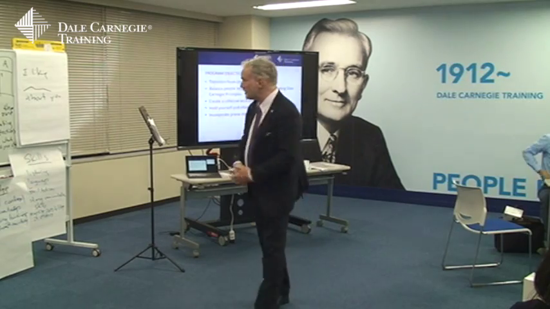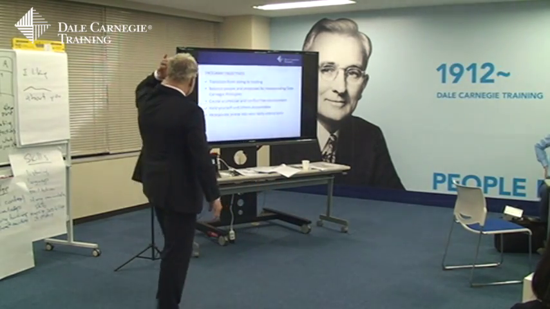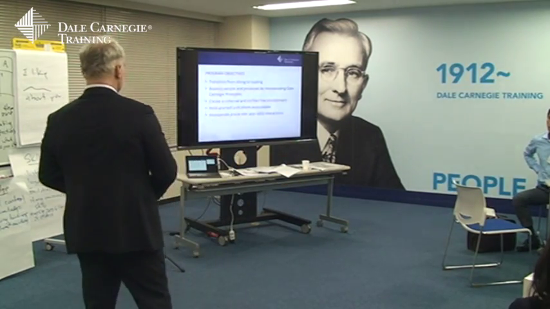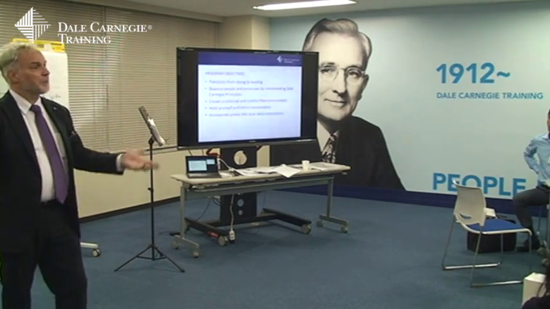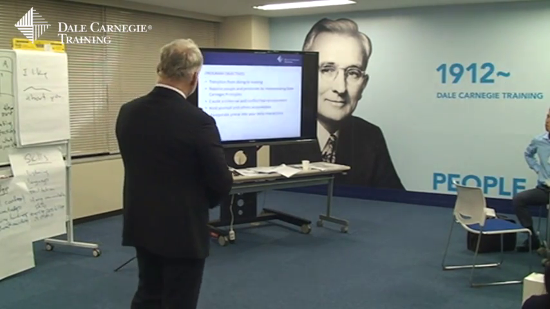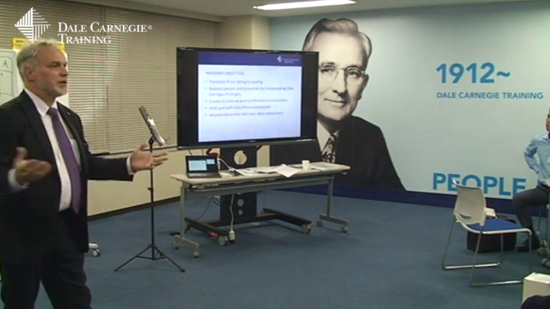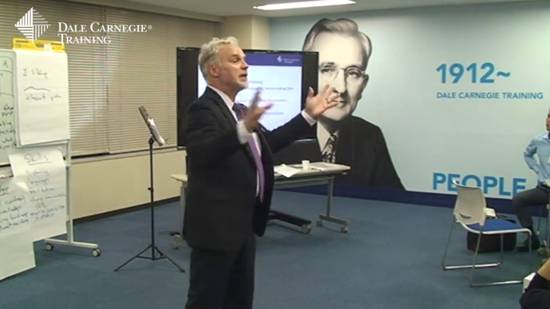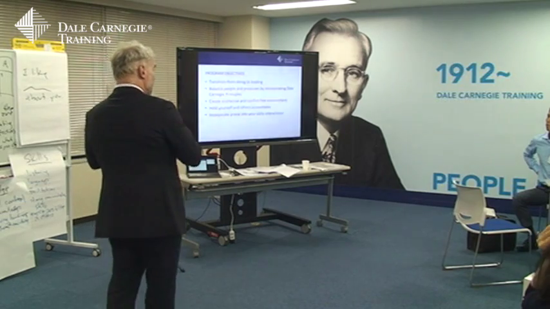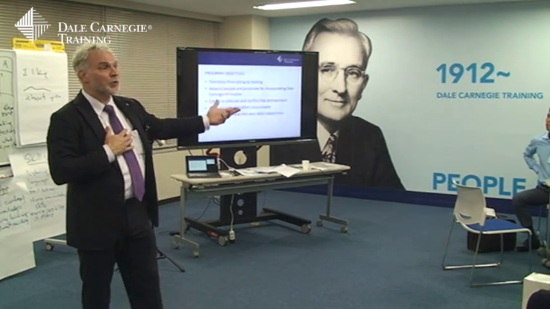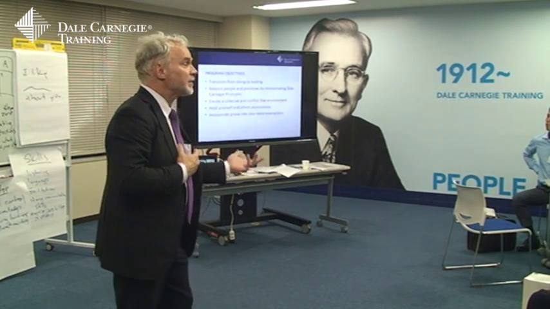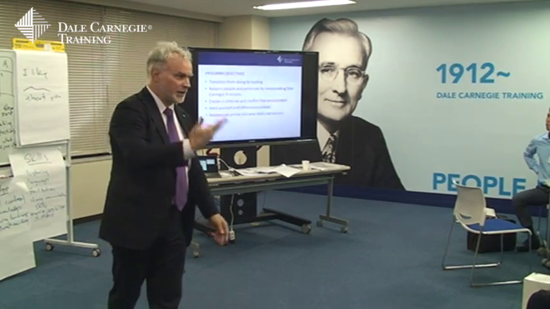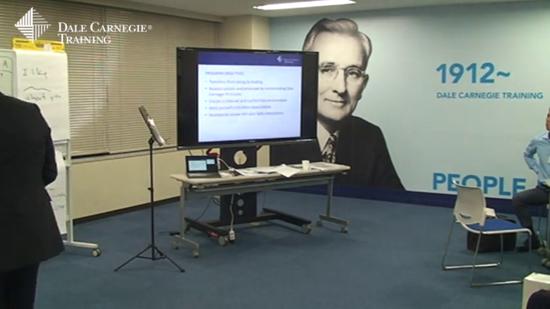Okay? So looking back on today, right, we had 5 objectives. Now, how can we learn about how to transition from doing things to leading others? How do we balance people and processes and use the Dale Carnegie principles to make that happen? Right? How do we create an environment where people are cooperating and supportive and communicating? And how do we handle conflict? How do we hold ourselves, how do we hold other people accountable and maintain their motivation at the same time? Right? And then how do we use praise? How do we build it into our daily communication? Right? These are the objectives for today's programs.